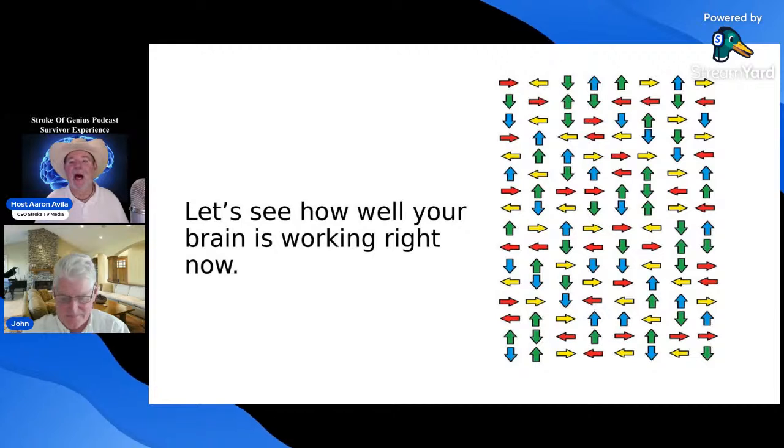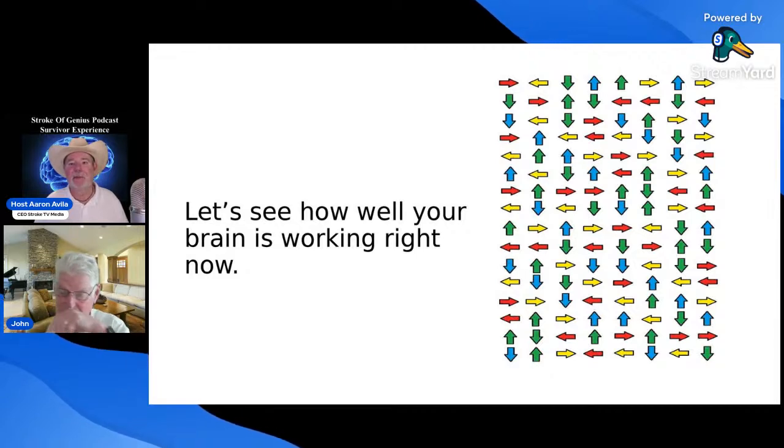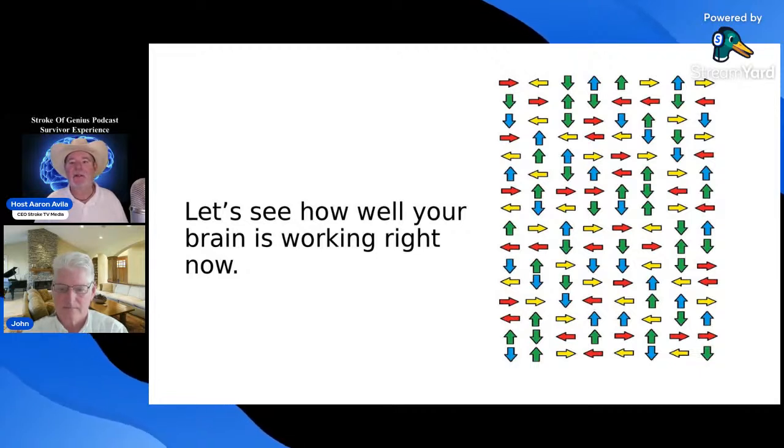Left, up, up, right, right, right, down, down, left, left, up, up, left, down, down, up, up, left, up, left, right, up, right, up, right, up, right, up, right, right, up, right, down, left, down, up, up, left, left, down, left, down, down, up, down, up, right, left, right, left. Good.